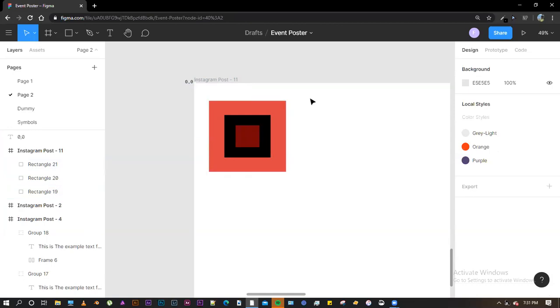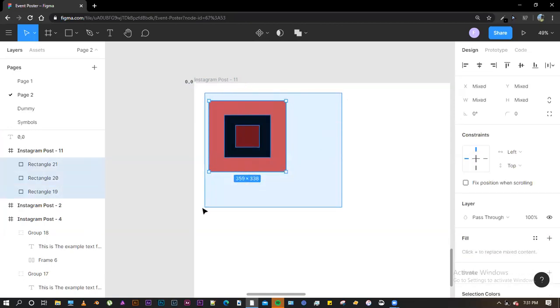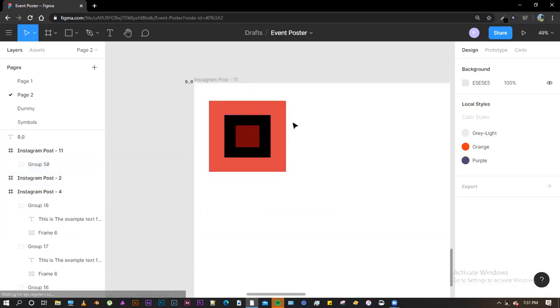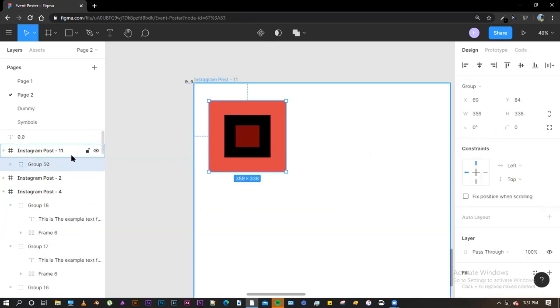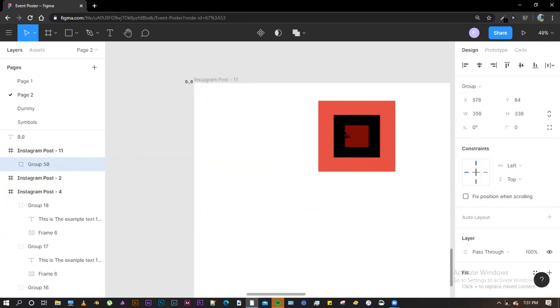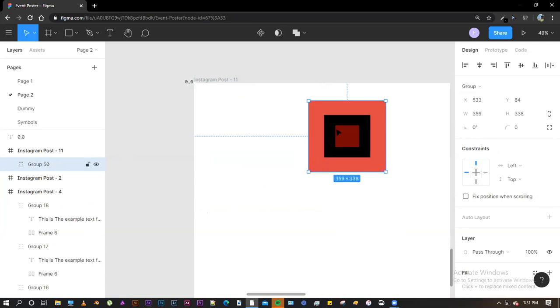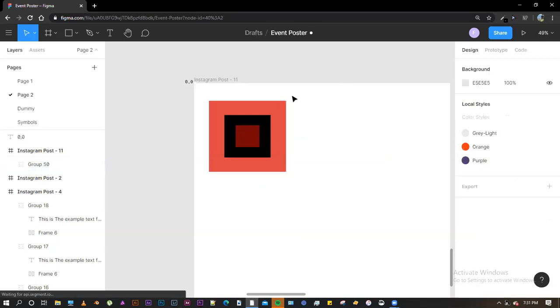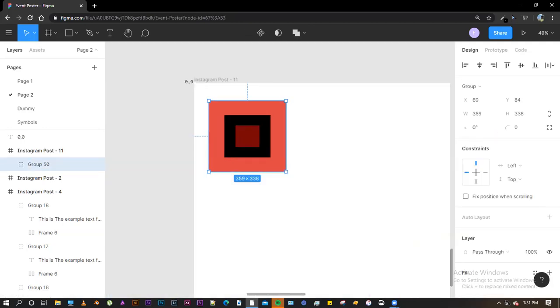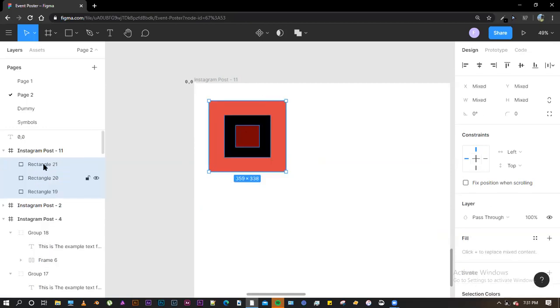And if I select all the three layers by making a selection around them, and if I click on Control or Command and then click on G, it would create a group. So the advantage of a group is that all the three shapes or layers can be moved all at once instead of being moved separately. All right. So this is a shortcut, and if you want to ungroup these three layers, you just hold down Control or Command, then Shift, and then click on G. So these are ungrouped now.